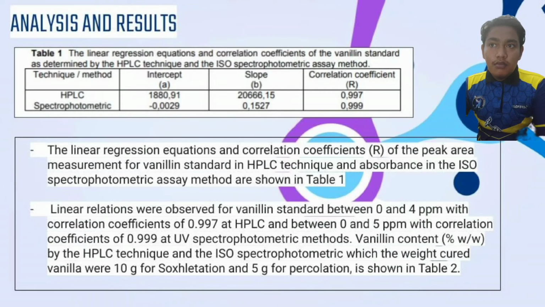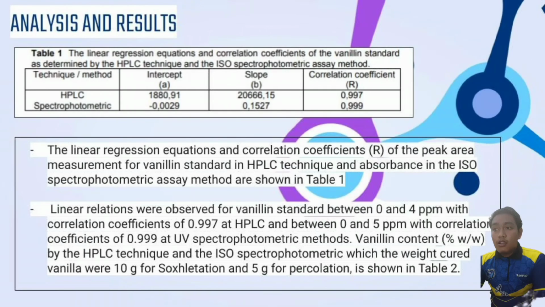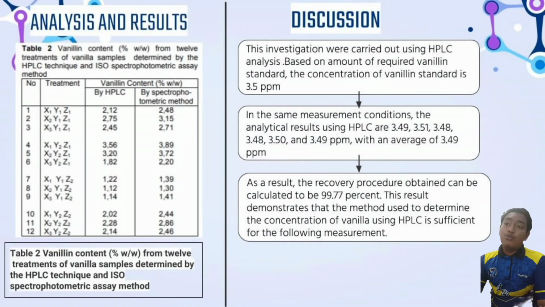Vanillin contents by the HPLC technique and the spectrophotometric method, with the ways we cured vanilla, were 10 grams for oxidation extraction and 5 grams for percolation, as shown in Table 2. Now we move to Table 2. Table 2 shows the amount of vanillin for the 12 samples determined by the HPLC technique and the spectrophotometric assay method. The data shows that for the 12 vanilla samples analyzed, the spectrophotometric assay consistently yields the highest value